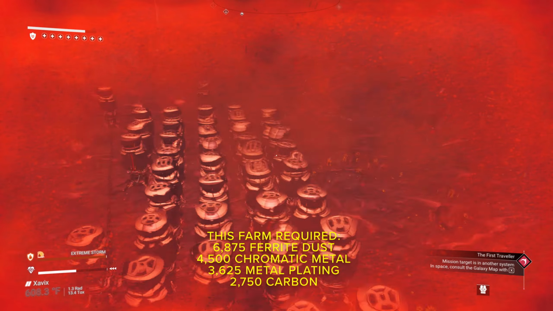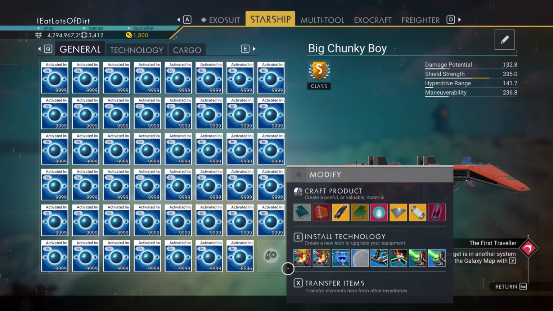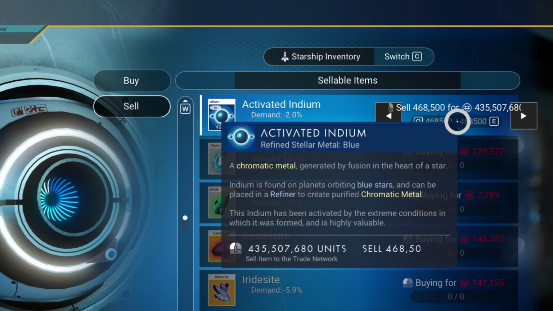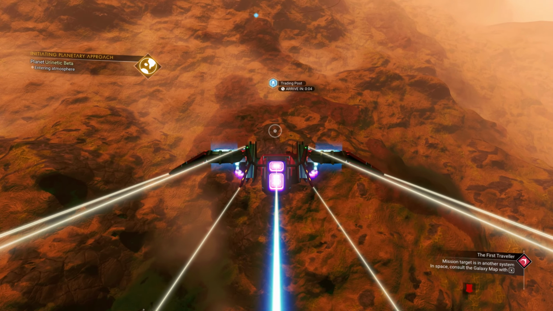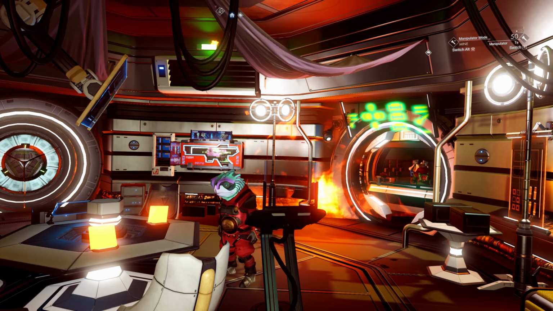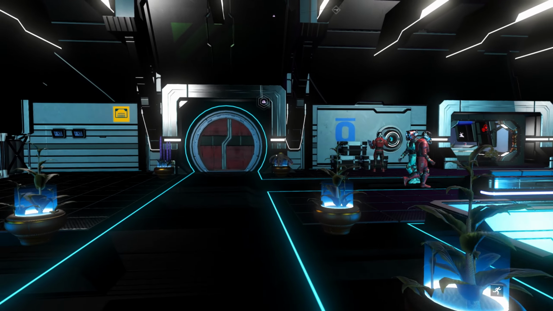I have my AI farm set up to extract at least 100,000 in every 24-hour cycle. This is where Big Chunky Boy comes in handy. On average, I'll sell a hauler full of activated indium for just over 400 million in a single sale. Before you know it, you're searching trading posts and space stations trying to find an economy you haven't crashed so you can finally sell another wave of goods at a reasonable price and discover that there's a unit cap of